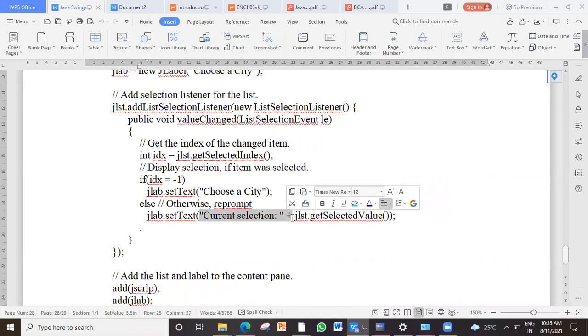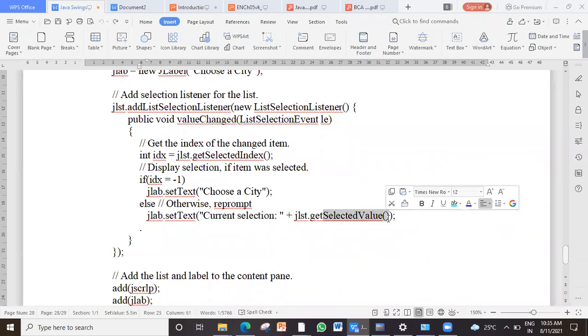Which one you have selected? I have to just say JList dot get selected value. So that index is just used to identify whether the user has clicked anywhere. Because what happens is, suppose you don't write this part and directly write this part, that will also make your program work.